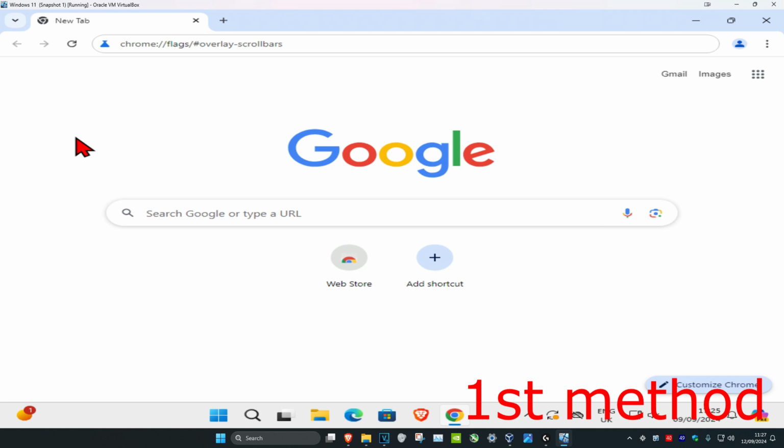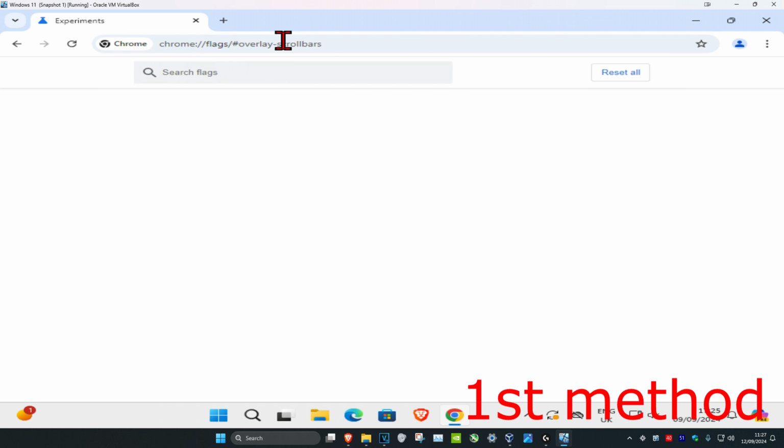So guys, for the first method, once you're on Google Chrome, you want to search for this. It's going to be down below in the description. Chrome flags, overlay scroll bars. You can just copy and paste this. It's going to be down below in the description. You just want to copy and paste this into your web browser and then click on enter, which will then